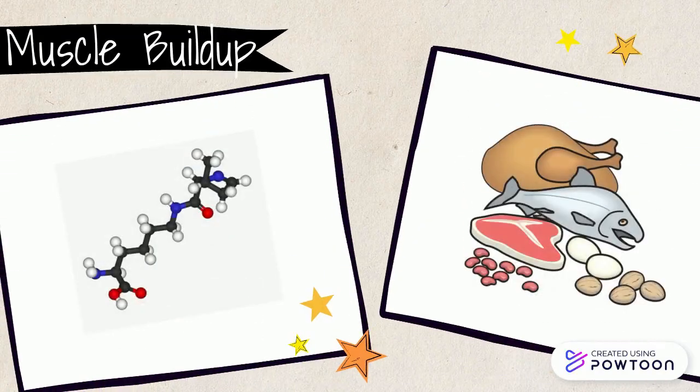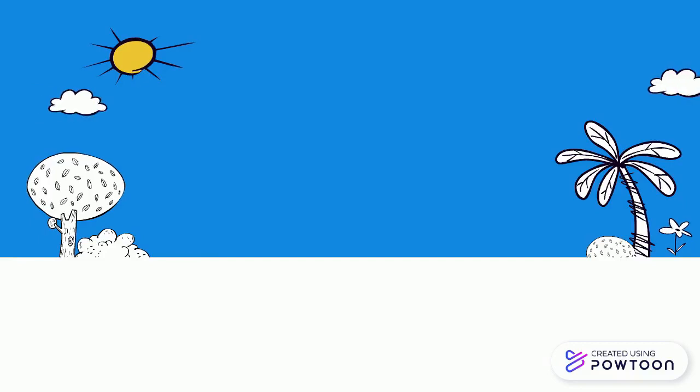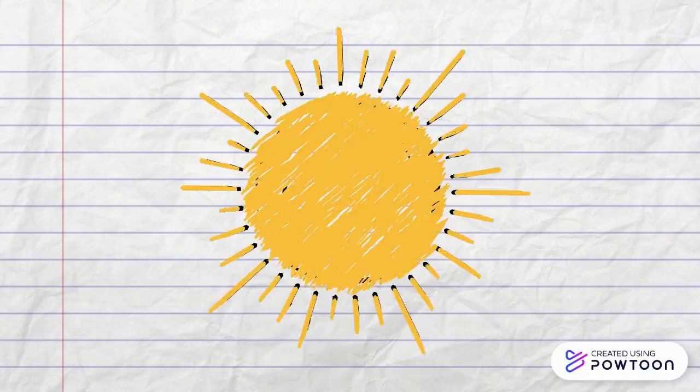We will now be going in depth of how muscle buildup occurs. Muscle cells contain a large amount of protein, which is built through a process called protein synthesis. In this process, amino acids are used to produce complex protein structures. What are amino acids? Amino acids are the structural units that proteins are made of. They are molecules which contain